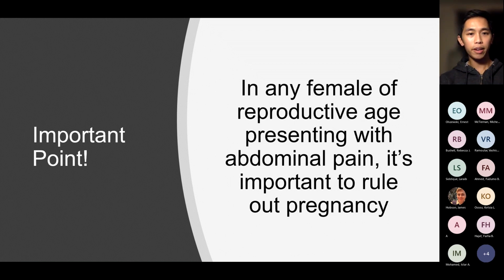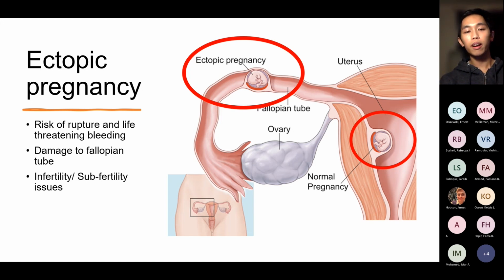This is an important point to make because in any female of reproductive age presenting with abdominal pain, it's important to rule out pregnancy. And the reason we want to rule out pregnancy is because of something called an ectopic pregnancy. So during pregnancy, the embryo usually implants itself into the uterus. If it doesn't implant in the uterus and implants somewhere else, it's called an ectopic pregnancy, and it usually implants